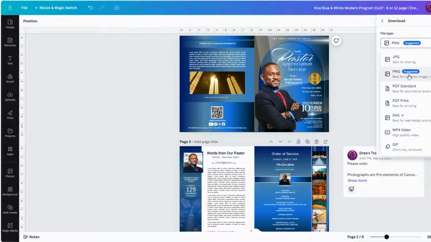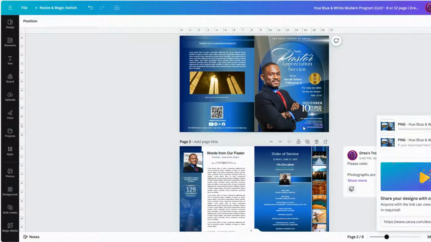It does not matter too much, except that PNG is best for complex images and illustrations. So if you have a lot of images, some very detailed images, then you can go with a PNG. But either JPG or PNG is totally fine. Once you've selected that and selected download, it's going to download to your device. And you want to unzip the folder and make sure you pull out each individual photo file of your program